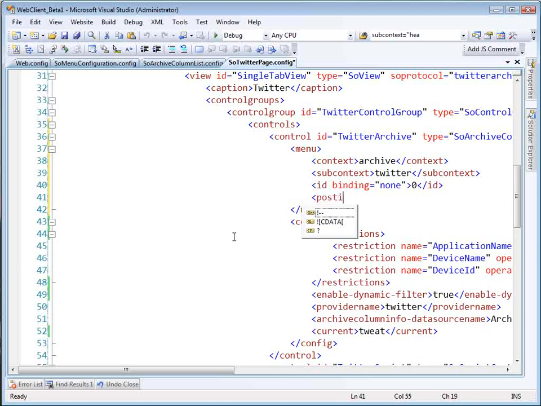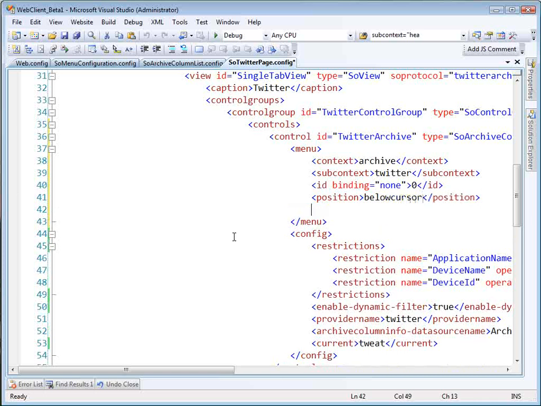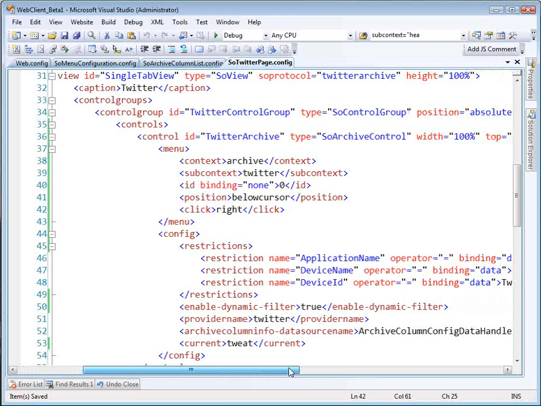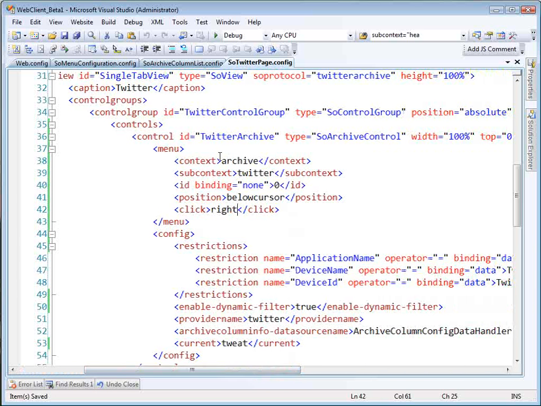I'm going to say position. And position is where you want the cursor to be displayed when the action takes place. So we'll say below cursor. And then finally, the actual click that we want to hook into. So this one we're going to hook into the right click. Great. Now once that's specified, we need to go and declare our definition for this menu so it actually has